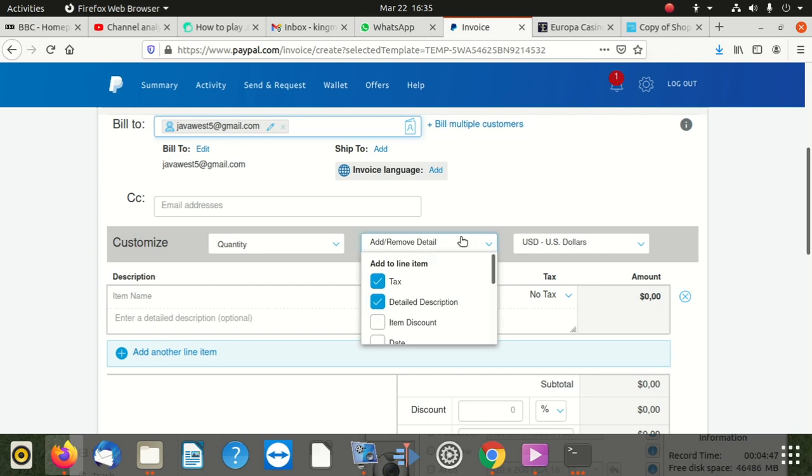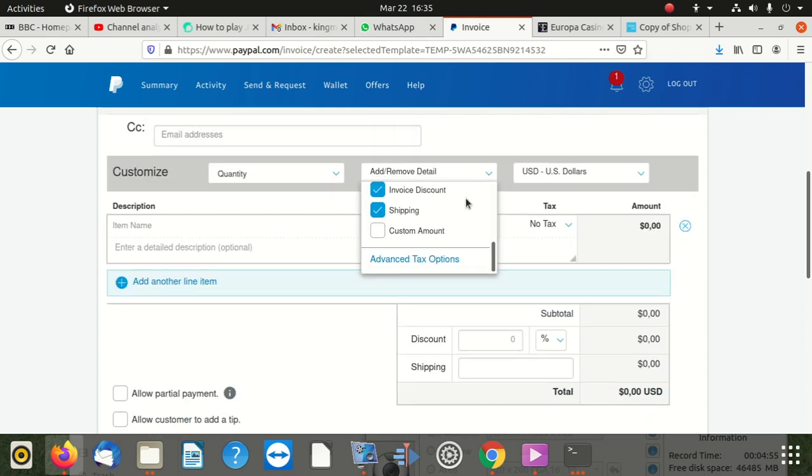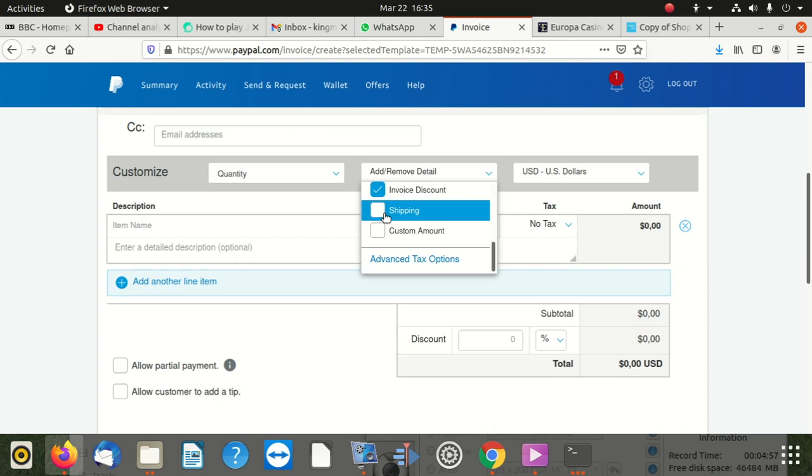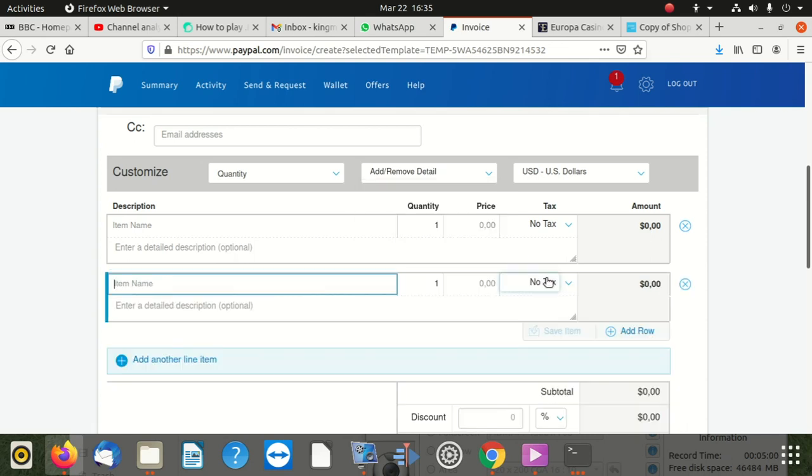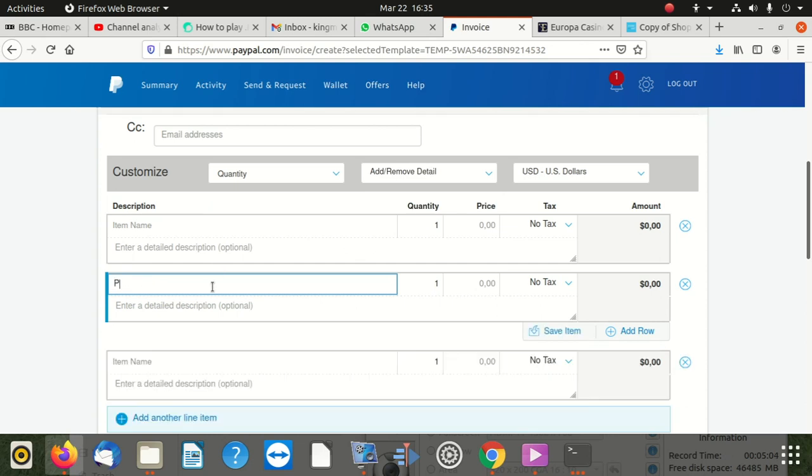Add text, whatever. If you want to put a discount, whatever. If you don't want to do anything, leave it like that. Shipping, no, there's no shipping on this. Whatever you add is gonna come there. Item name is gonna be PHP code. Okay. Description, enter description, say PHP script